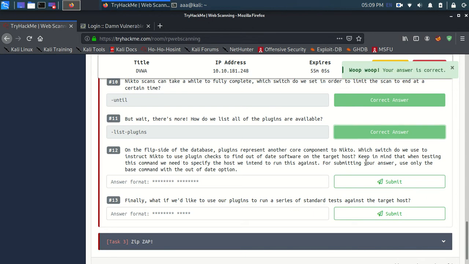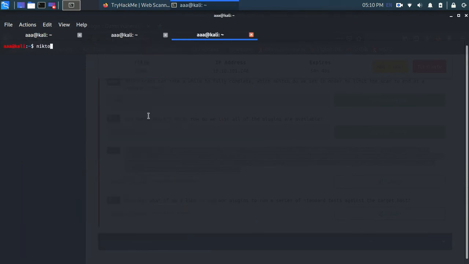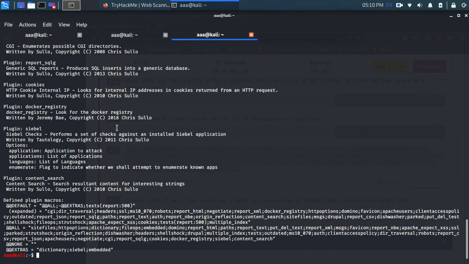Now, which switch in Nikto instructs the plugin check to find out if the data is outdated or not? Okay, so let me open a new window, nikto, and I'm just going to paste list-plugins, and these are all the plugins.